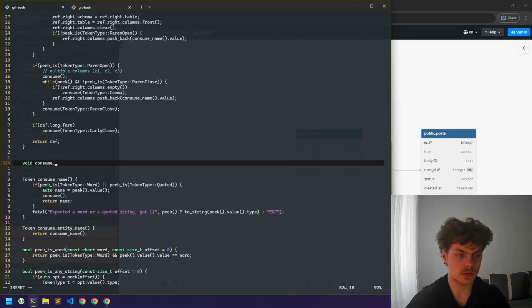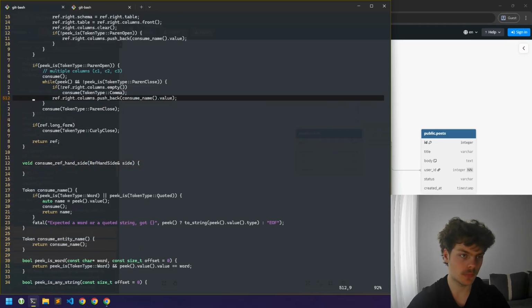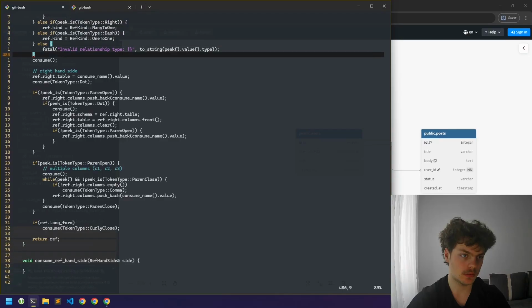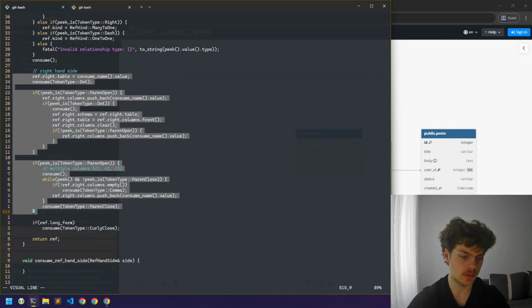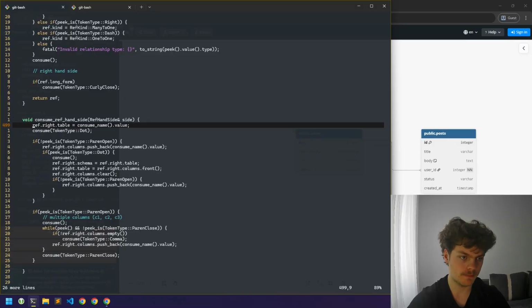Void consume ref hand side, and here we would say ref hand side, RefHandSide, or just make it side, and take all of this, put it here,